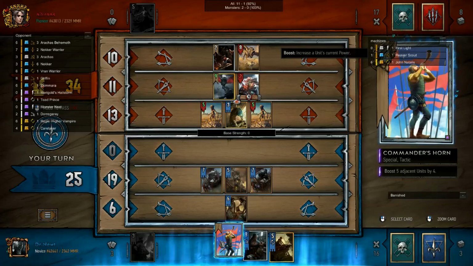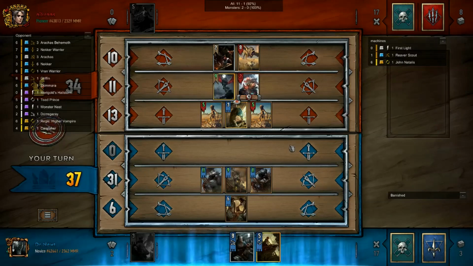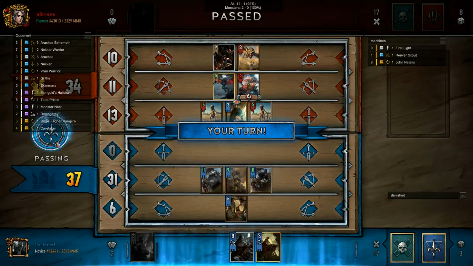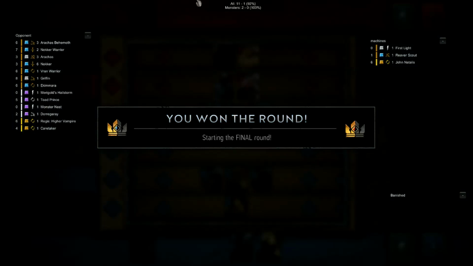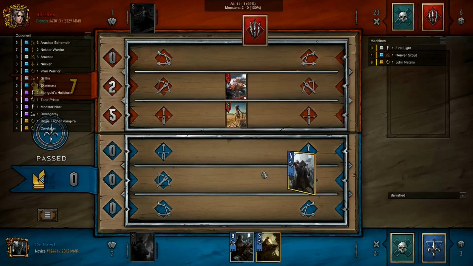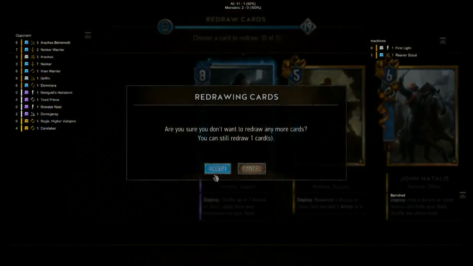So another Necker coming down via that Griffin. Griffin now triggers the Deathwish ability of the unit. And Commander's Horn enough to take the round. So 1-1 going into the final round, a 2-card advantage for the Northern Realms player. We will see if the Monsters player has enough carryover to take this game, but